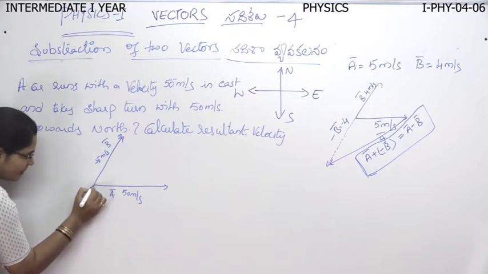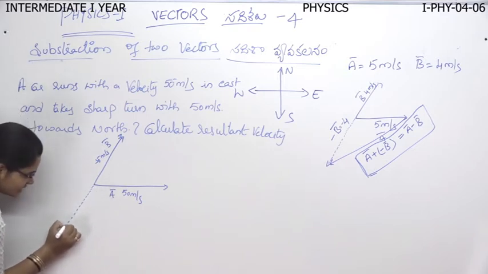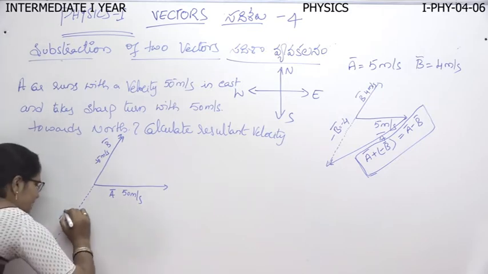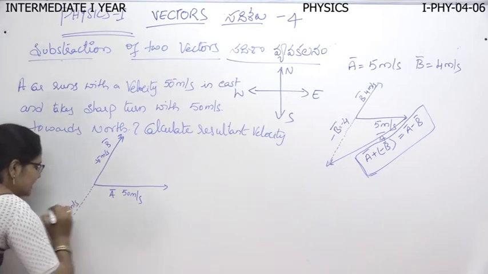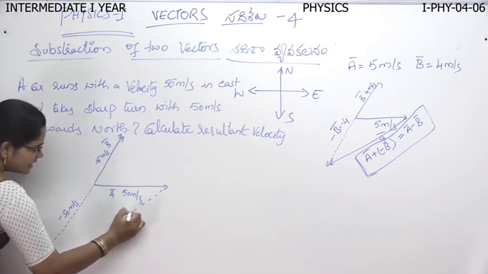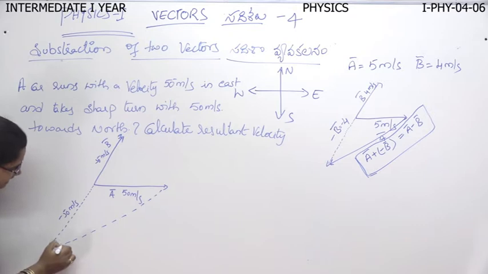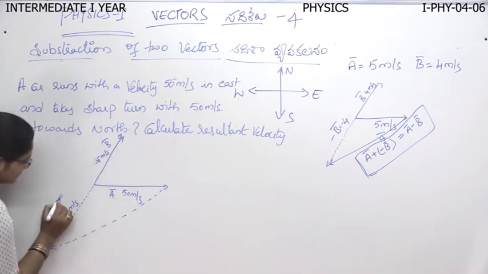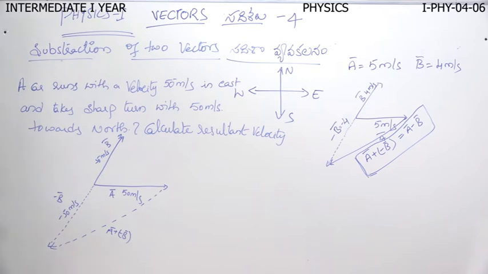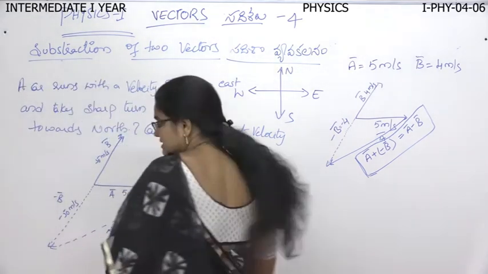So you have to parallel shift the same vector so that you get minus 50 meters per second. Okay. Now you find its resultant velocity. This is nothing but minus B. Okay. So A plus of minus B. This you are going to do. So here in this case,